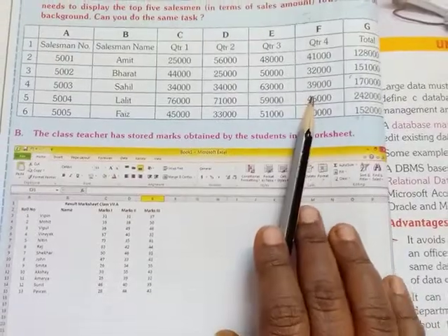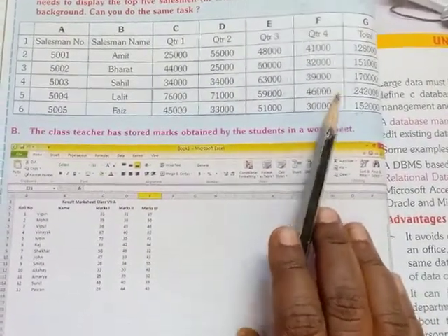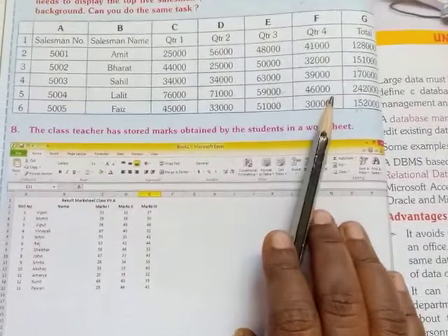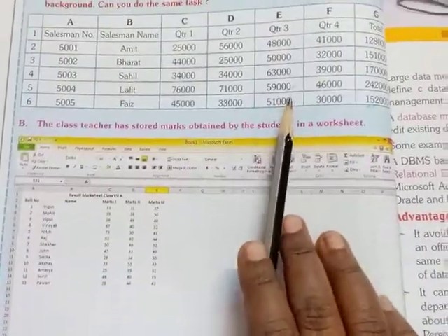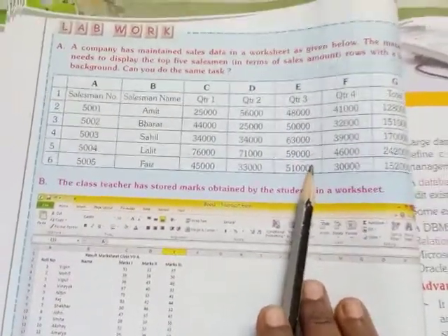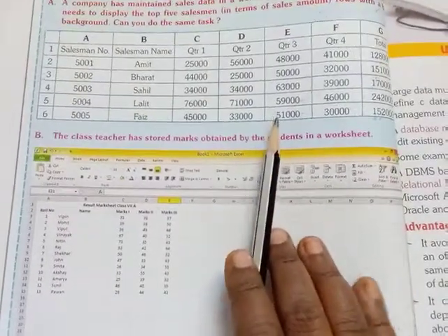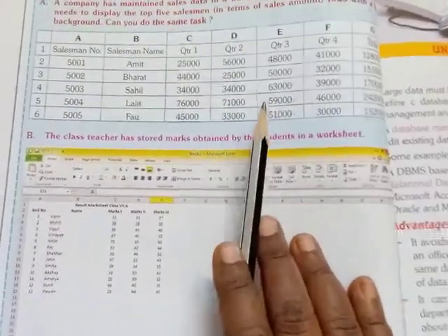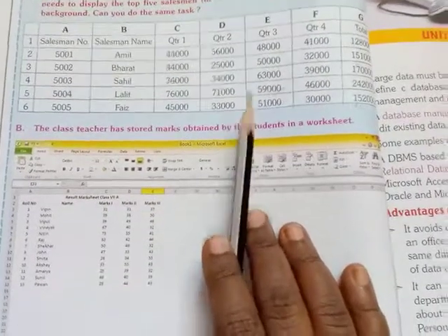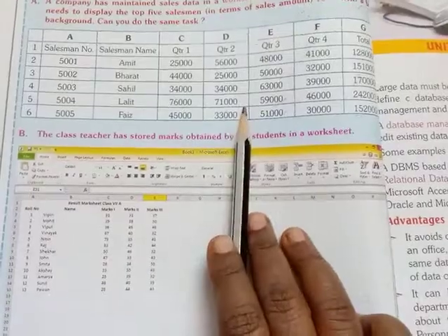You can do this practical in 2 ways. If you understand, you try. Otherwise, leave it; after the school opens, we will see. If we get a computer class, then I will show it in the computer lab. Children, I know you are already going to school, but time is not given for computers now. If the computer class gets time, then I will show this practical. If you understand, you can do it at home if you have computers.